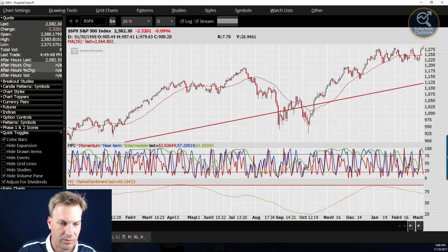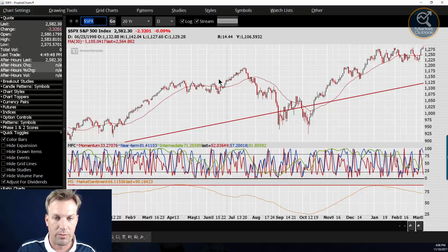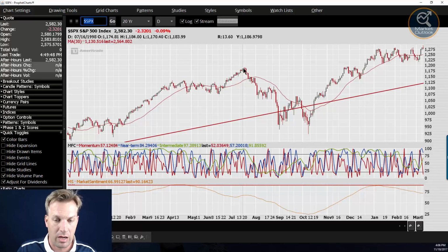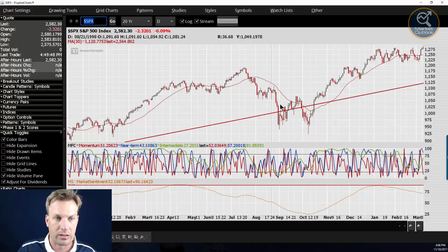Let's see here. We'd have crossed above it right there. So that was the day that we crossed above it. We did go up to a new high a few weeks later, but you can see that was the end of the run, and that was the consolidation that we got since. Now you notice while it was pulling back, after a couple of months of consolidation, we did go up to a new high, and big time divergence there, and that led to a lot more weakness